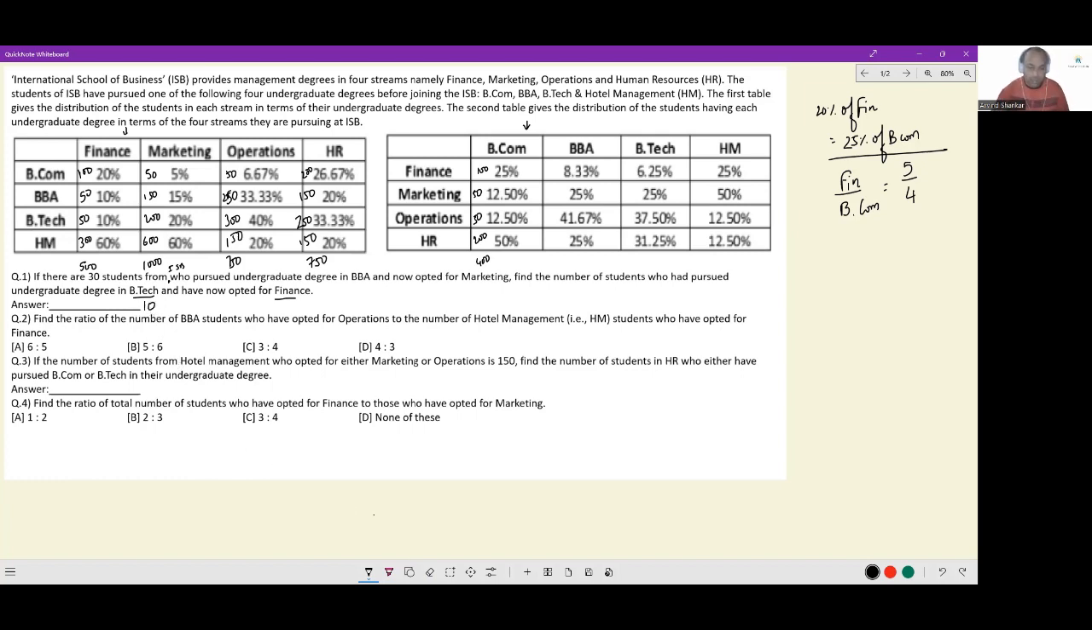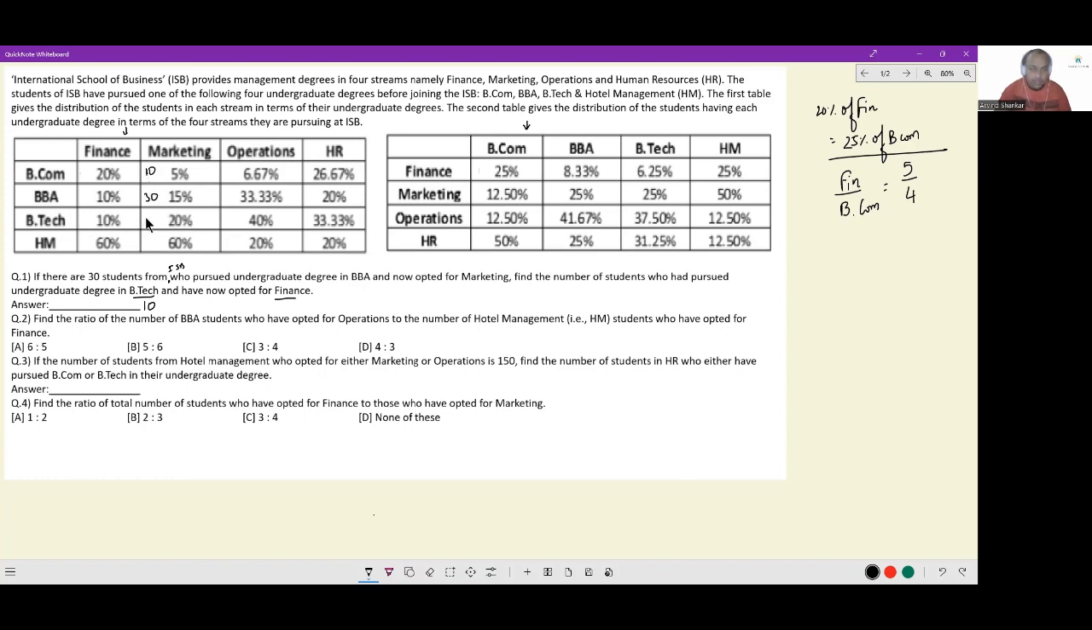The other thing that could have potentially happened is that maybe you did not come up with numbers ahead of time. Maybe the first question gave you data that gave you some pause to wonder and then solve. Let's say they told us 30 students from ISB pursued an undergraduate degree in BBA and now opted for marketing. So this is 30. So if 15% is 30, 5% is 10,